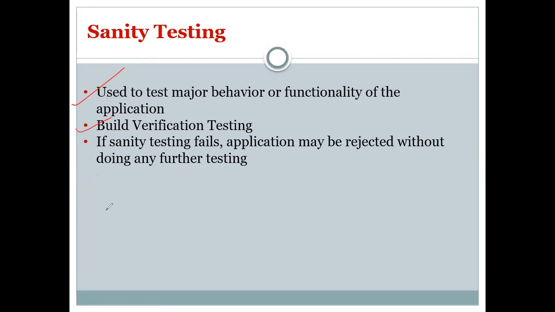And if the sanity test fails, the application may be rejected without doing any further testing. So it is used to test the major behavior or functionality of the application. Mainly, for what purpose has this particular application been built?